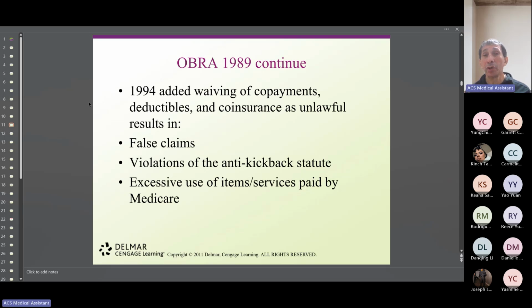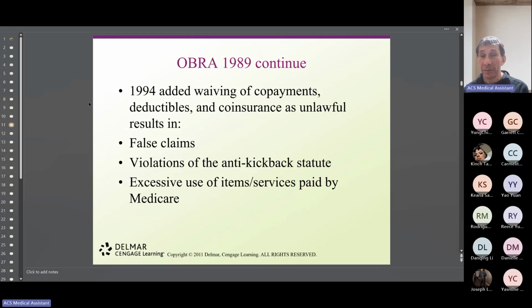But any other medical insurance that has a copay written on their cards, and you don't charge them for it, it is called fraud. This is a violation of the anti-kickback statute or a false claim. So think about this. Now, why is that? Oh, wait a minute. I'm not paying the copayment, so the doctor is going to be penalized for that. Well, it sounds harmless, but what is the purpose? I'm not paying the copayment.